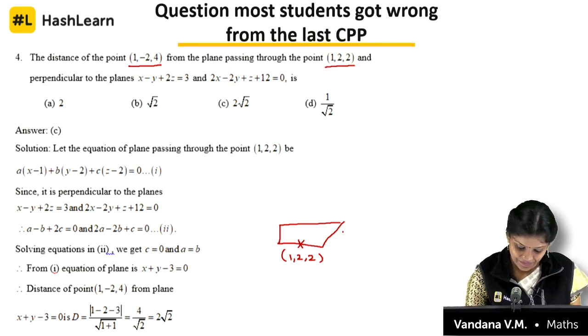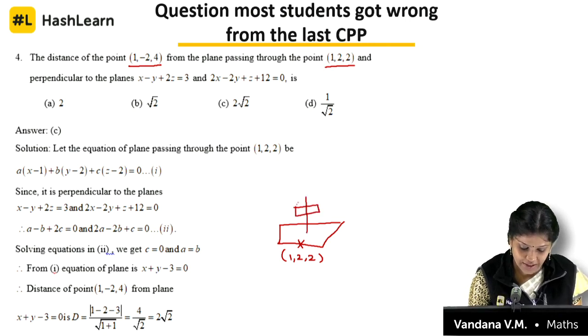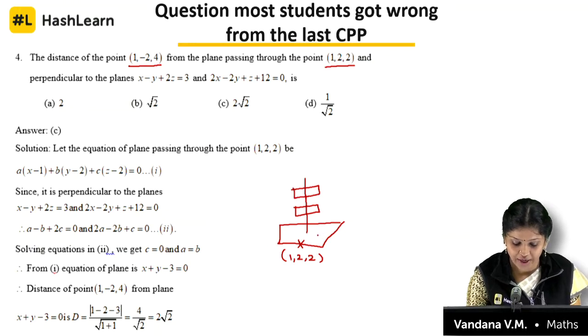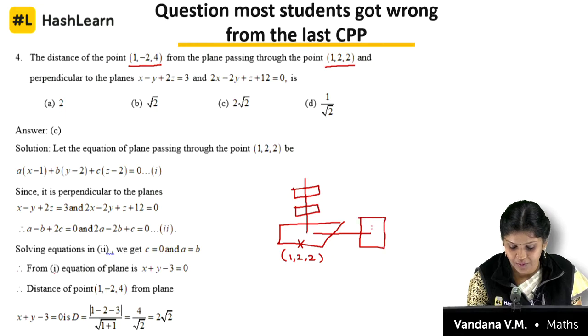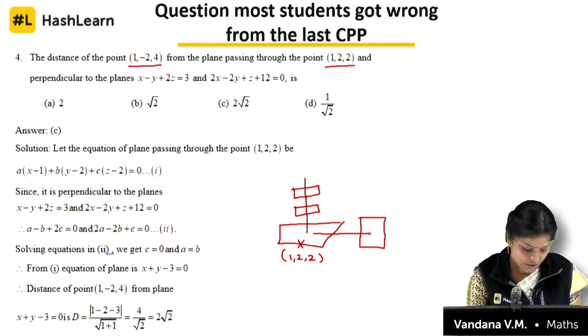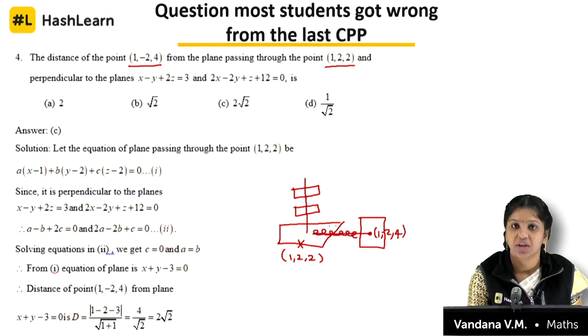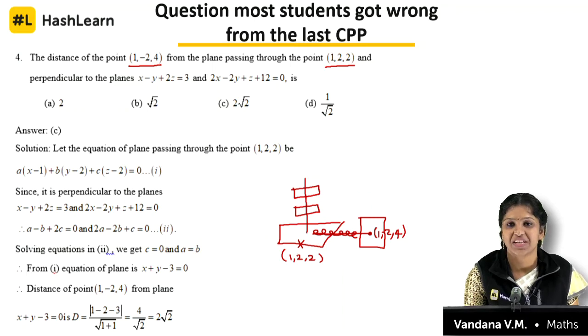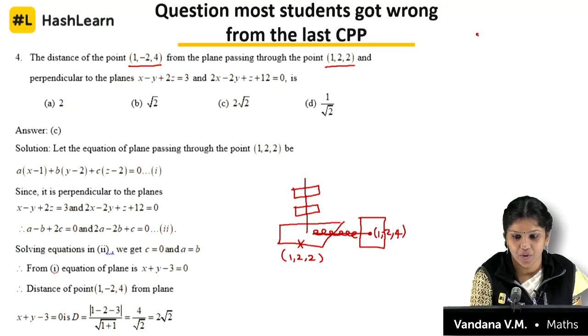That's it. And it is perpendicular to 2 planes. At that time, I would like to find out the distance between this point and the plane. So, what is the point here? (1, -2, 4). I need this distance. If I know the plane equation, it is very simple. From the point to the plane,